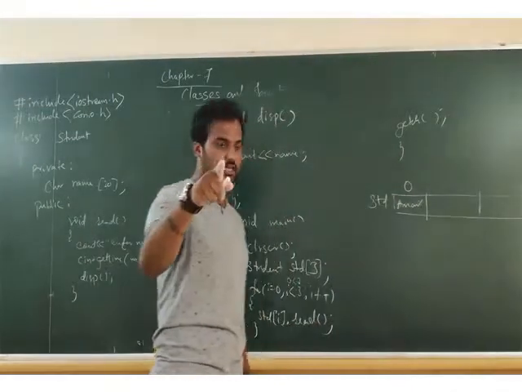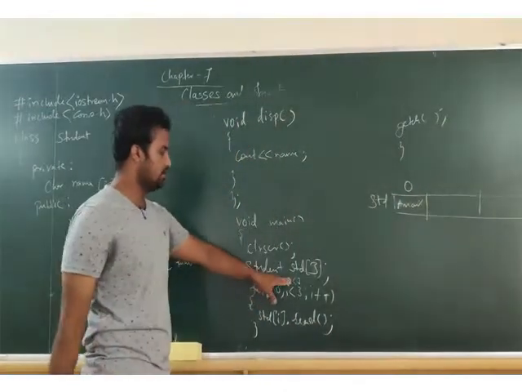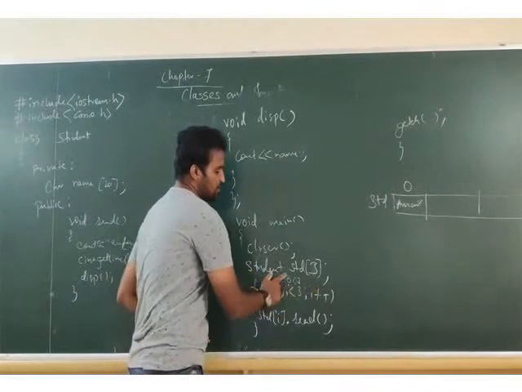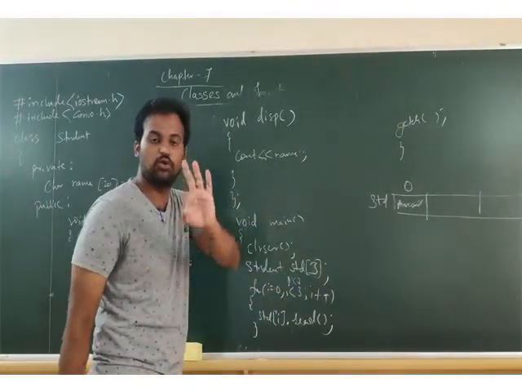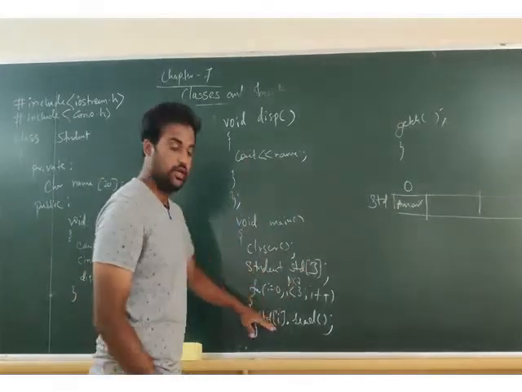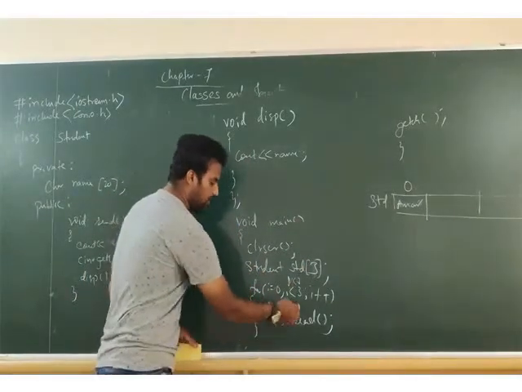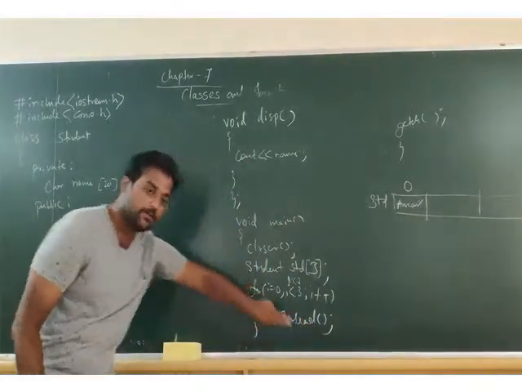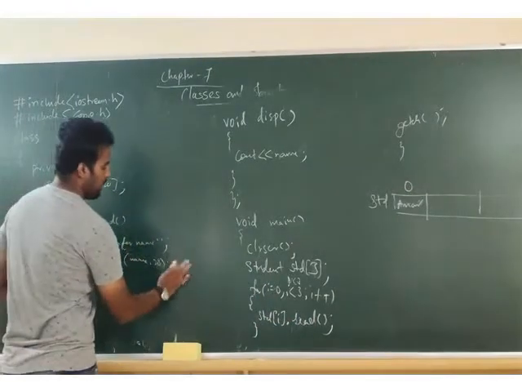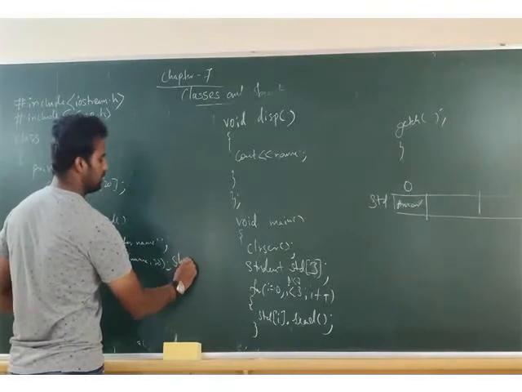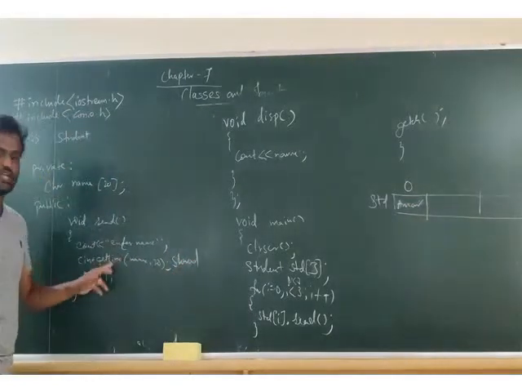Again, listen carefully. See here. Now i plus plus, 0 becomes 1. 1 is less than 3. Condition true. Condition true means come down. std of 1 dot read. std of 1 dot read means, where is read? Come here. Enter name. After that I will enter the name here, cin dot getline.